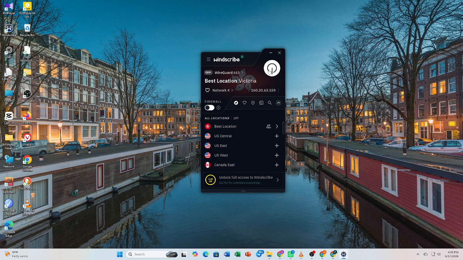Next, keep both Windscribe and your streaming app updated to improve compatibility and stability. Finally, when you're finished streaming, disconnect the VPN if you no longer need the secure connection. And that's it. You've successfully learned how to stream with Windscribe VPN. You can now enjoy a more private and secure